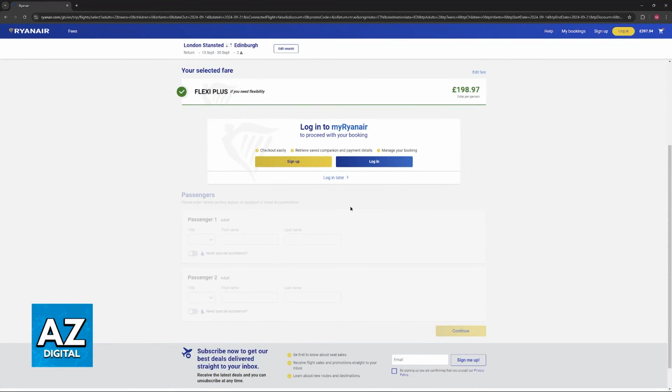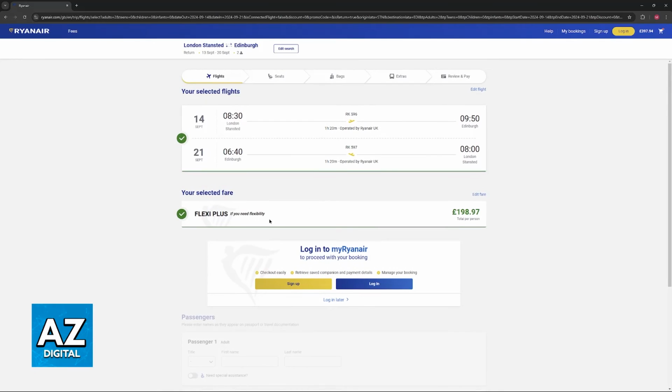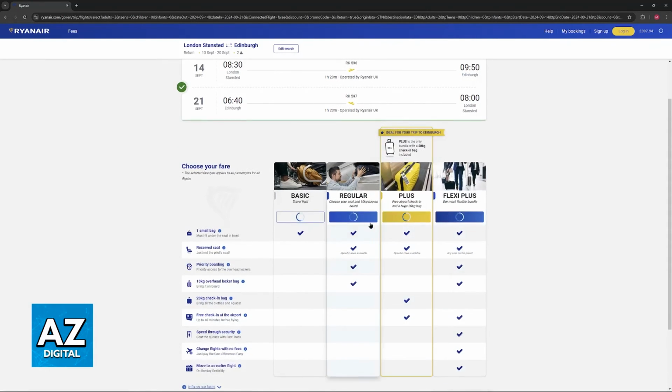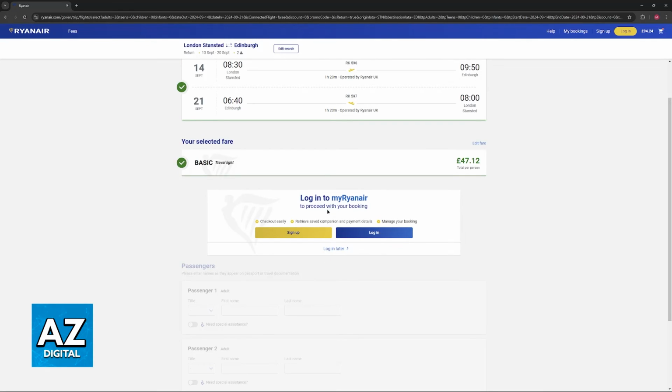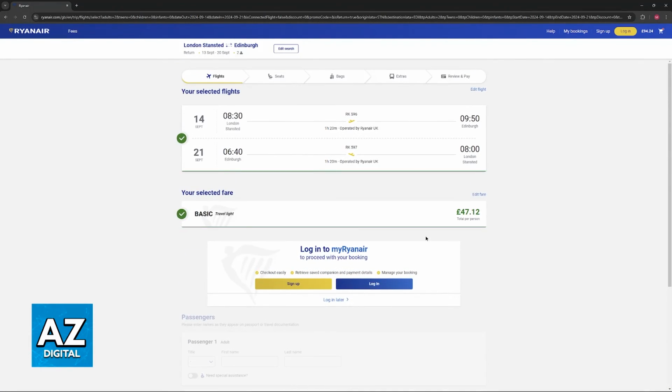Because this contains a lot of personal information, I won't be able to show you this full process on screen, but you will be able to continue directly to the website, and it is very intuitive. You will receive all of your booking information once this process is done, and you can manage it through your account. I hope I was able to help you on how to book a flight ticket online Ryanair.